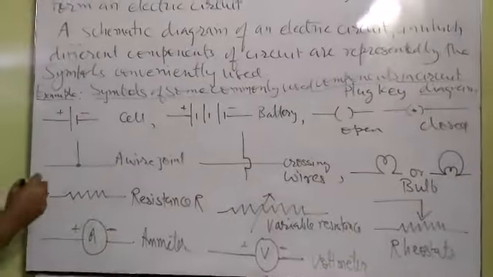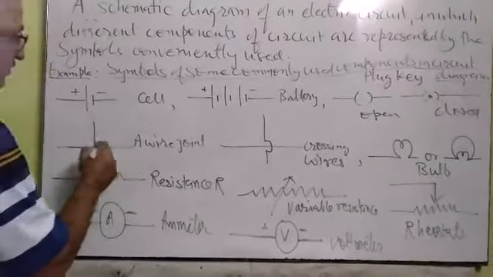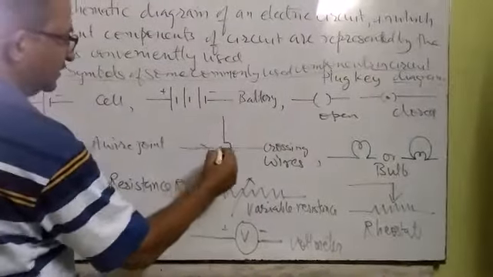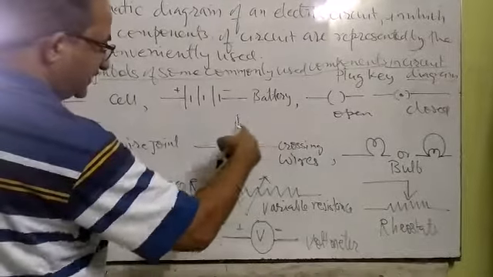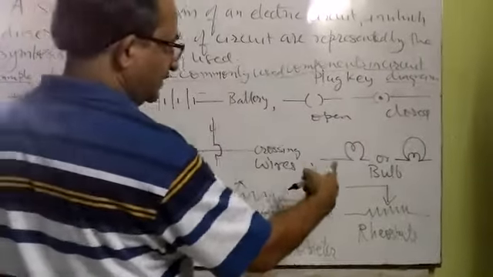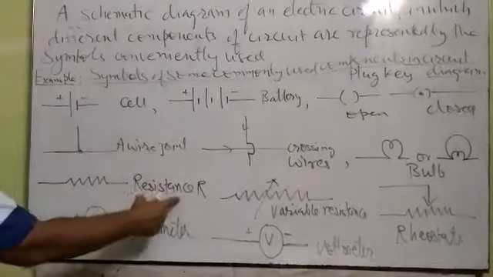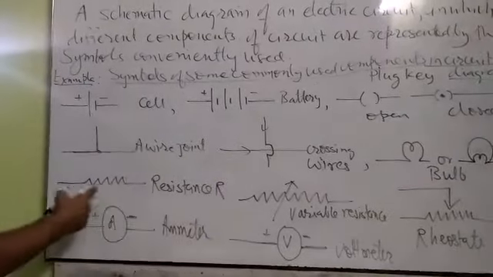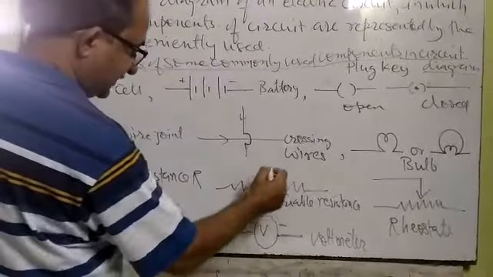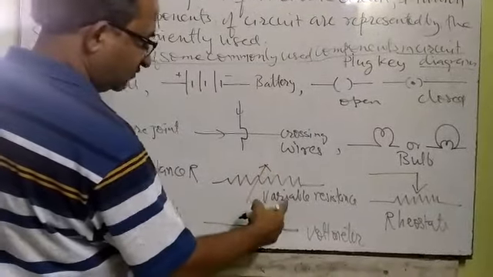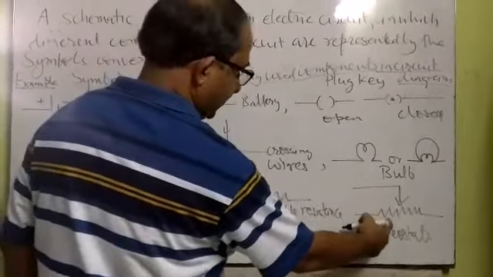This is the symbol in which two wires are joined at a junction. So this is the joint of two wires. And here this is the symbol of crossing of two wires in which no electricity passes from one to the other, meaning they are just crossing. These two are symbols of a bulb. And this is the symbol of a resistance wire R, a resistor. Its symbol is a zigzag line. And when the zigzag line is crossed by an arrow, it is the symbol of variable resistance, whose value of resistance can be changed. This is the symbol of a rheostat.